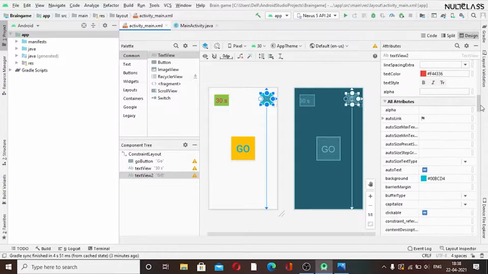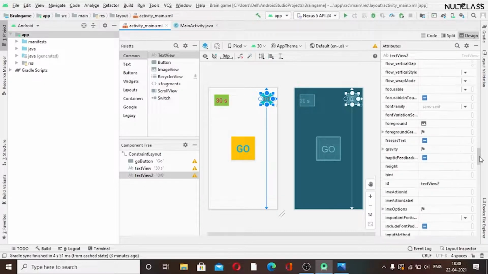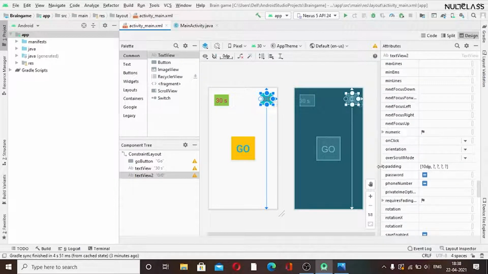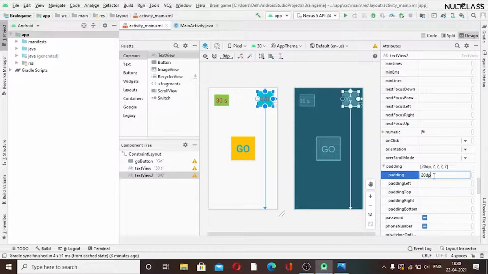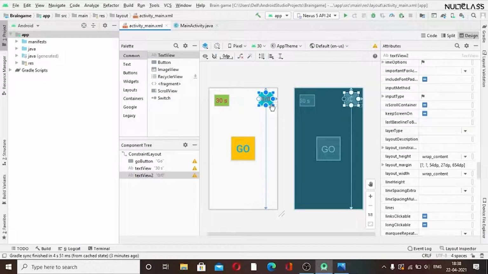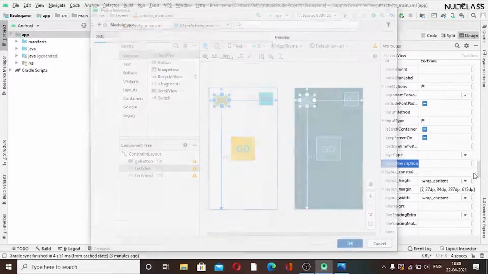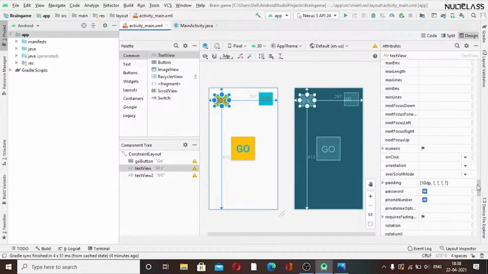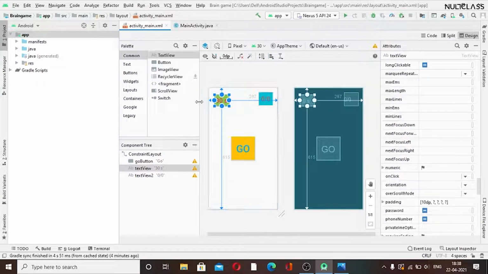Okay, so I will add some padding space again. And we have given 10 dp, so I will just change this to 20 dp. This is a good 15 dp, I guess this would be enough. Yeah, we can see that these are almost the same. Okay, so I will just check its padding size here. So we have 10 dp here.